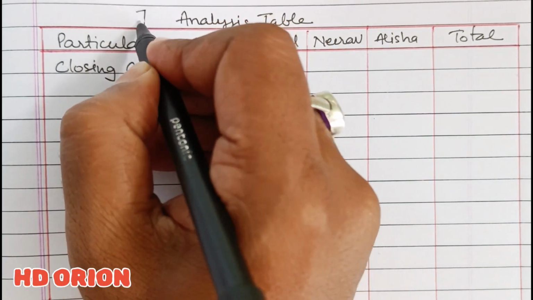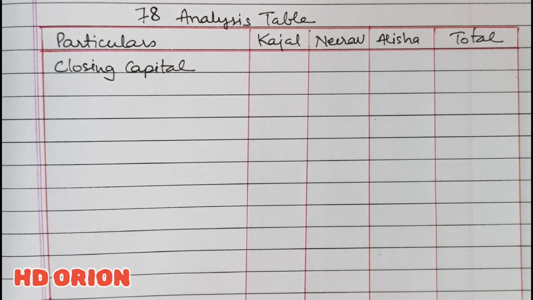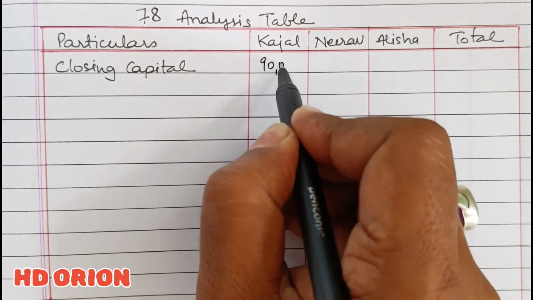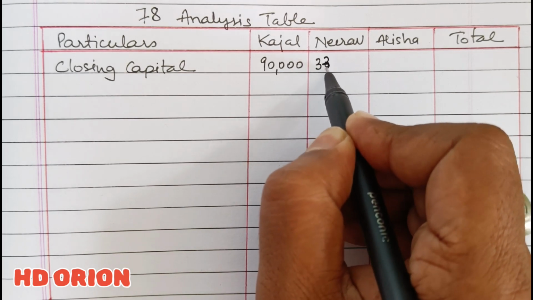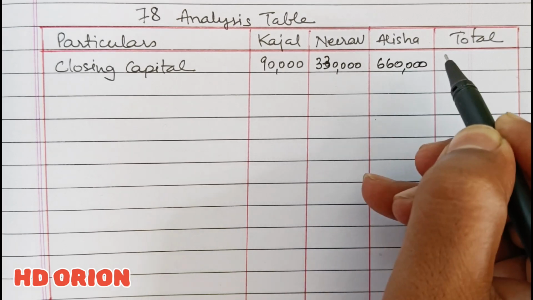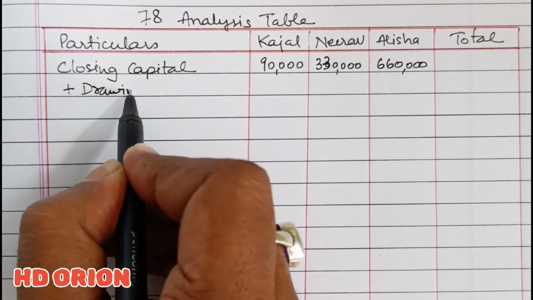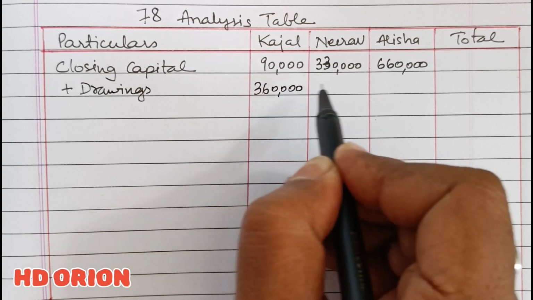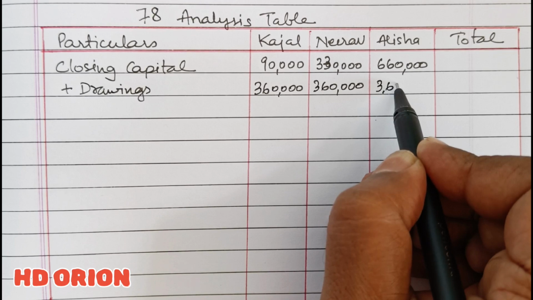So solution 78 we will see, and for this we have to calculate opening capital because closing capital balances are given in the question. For Kajal it is 90,000 as given in the question, and Nirav it is 3,30,000 sorry, and 6,60,000. Fine, so we will add back drawings made during the year, which is rupees 3,60,000 each. So it is 3,60,000 for all the partners,